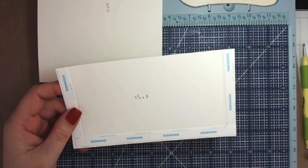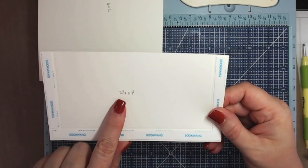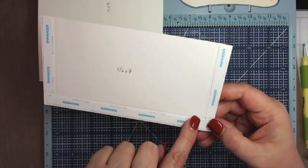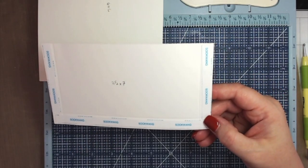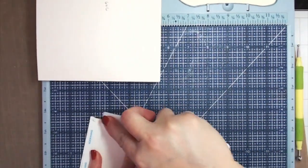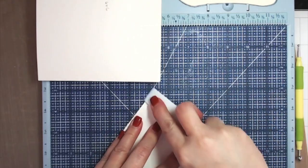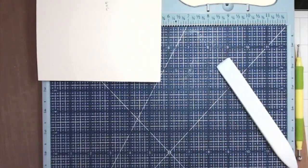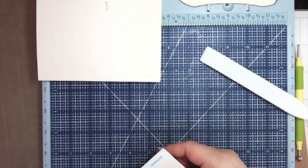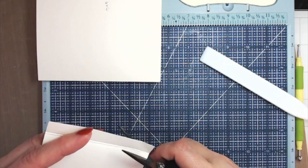So anyway, the pocket for this page is one piece of your cardstock, 3.5 inches by 7 inches. You're going to score it at 1/2 inch on all 3 sides. Okay, then we're going to go ahead and crease it. Give it a nice crease, especially in these corners. All right, so at this point you're already a pro at making pockets. You've already made 3,